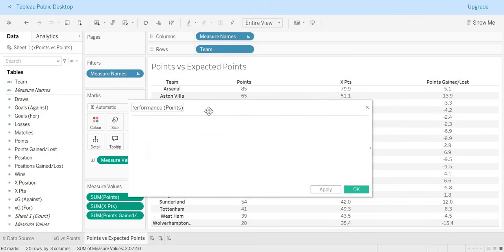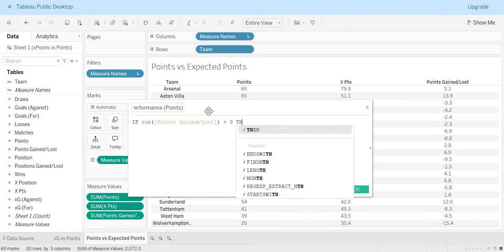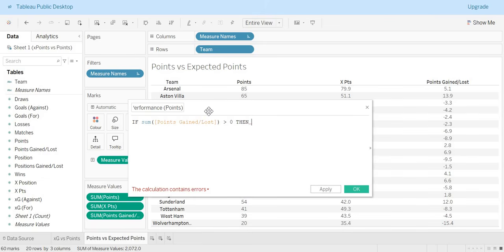Now this is going to be a little if statement. We're going to say if points, well, we want the sum actually, if sum points gained / lost is greater than 0, then they've obviously overperformed. So we're going to say overperformed. Then we're going to say else if, same thing again, but we're going to put this the other way around. So if it's less than 0,